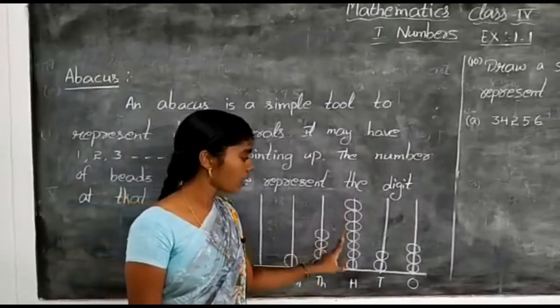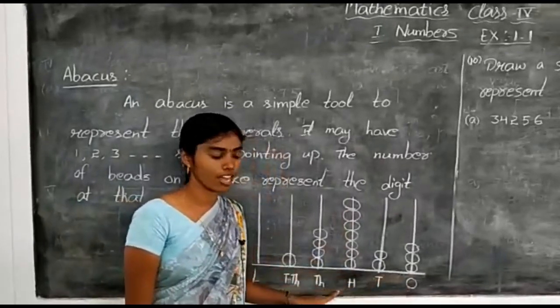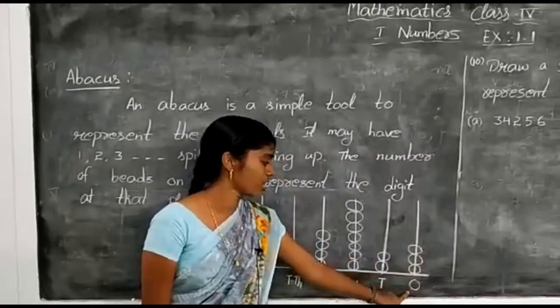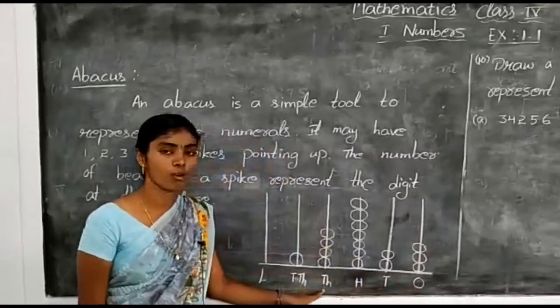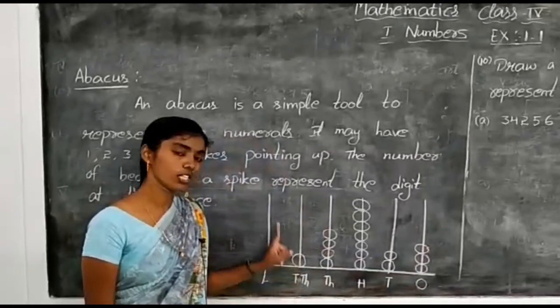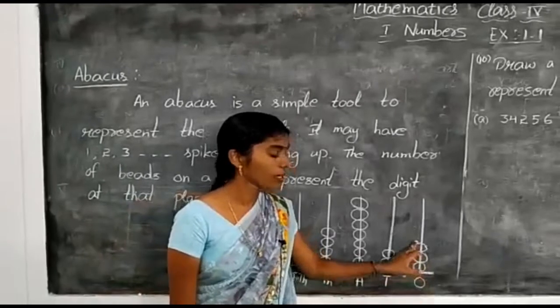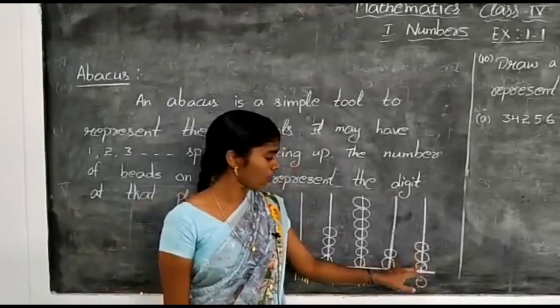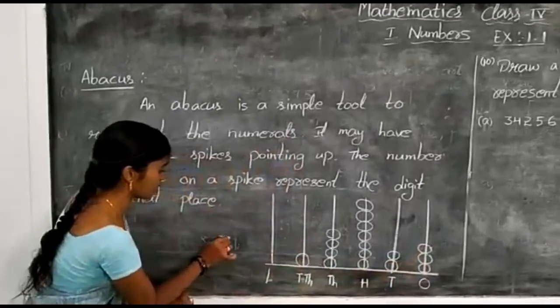Now here, these are the beads I said. Now, these are the place values. First line is ones, next is tens, next is hundreds, next line is thousands, and the next line is 10,000. After that it is lakhs. Now in the ones place, how many beads are there? 3 beads. Now we have to count it as 3. 1, 2, 3. Here I am writing the 3.